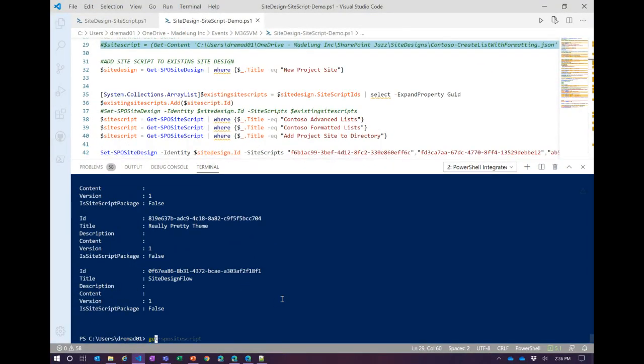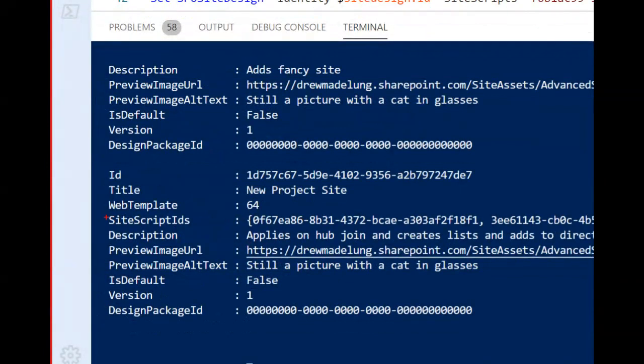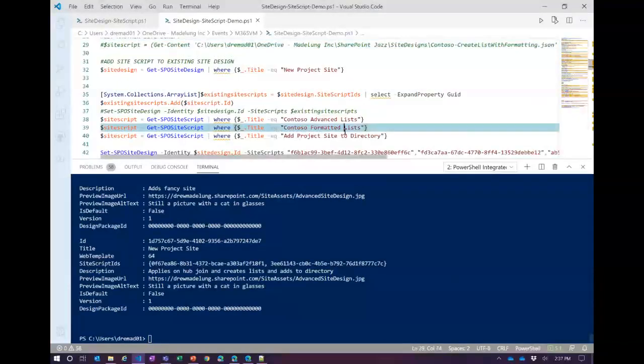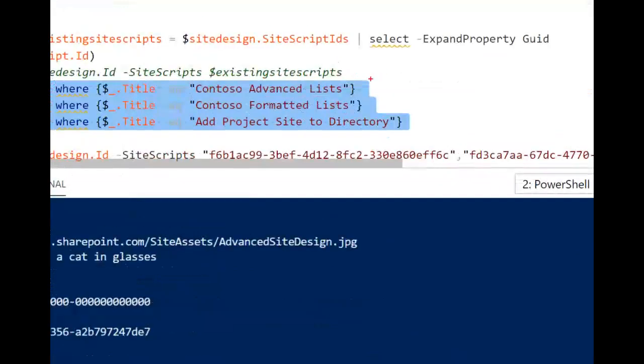Now, if I go back and I look at my site designs, you see my New Project Site has what's called site script IDs. So right now I have 2 in there. One is actually of a site script I just deleted. So we do need to make sure we change that. Now I'm going to add 3 into this one. So Contoso advanced lists, Contoso formatted lists, and add project site to directory. I'm going to add these 3